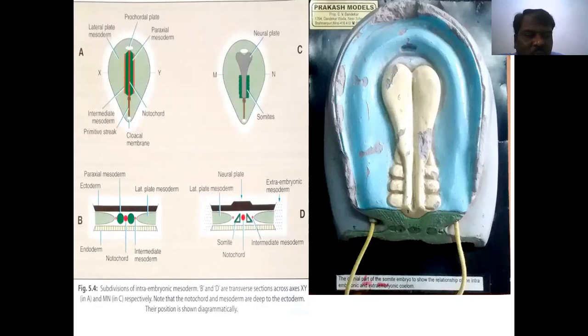What is the sperm model? First you identify the ovum model. In the sperm we are expecting: what is capacitation, what is the acrosomal reaction, what is the length of the sperm, what are the parts, how many spermatids are developed from a single spermatogonium. Next, the ovum: how it forms, what is its importance. And also explain the zona pellucida. Zona pellucida is important: what are the functions, how it is developed. The zona pellucida functions are here.